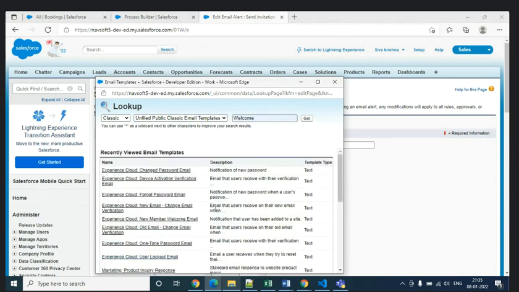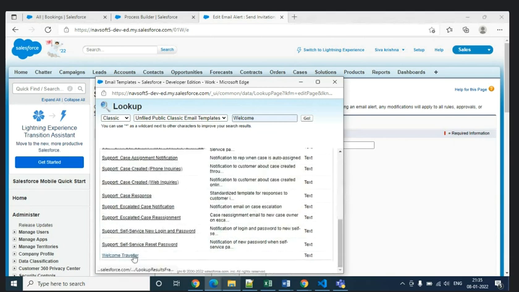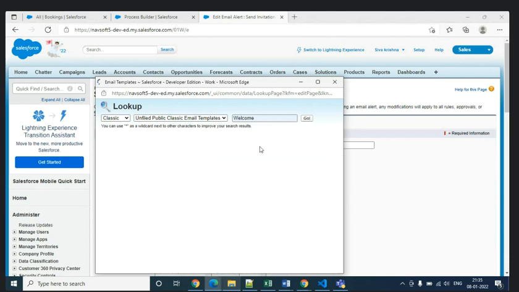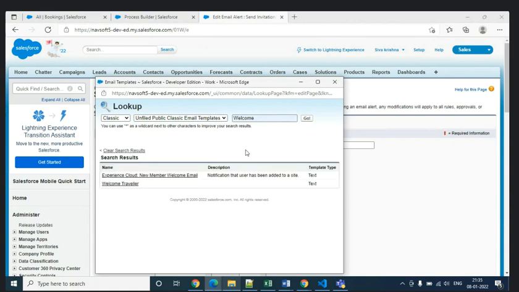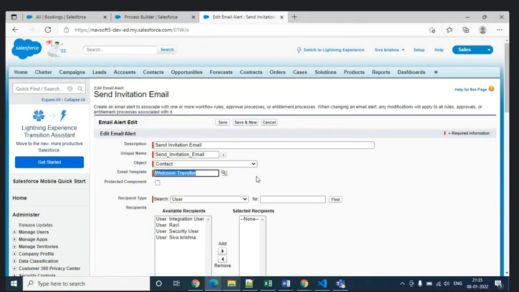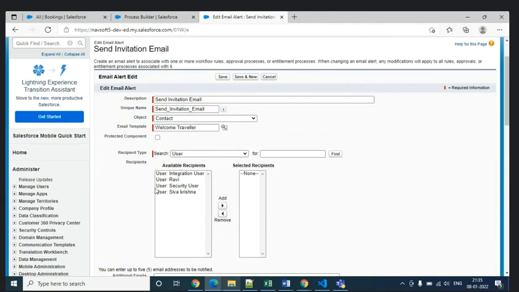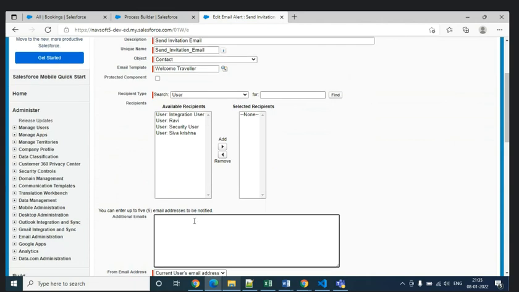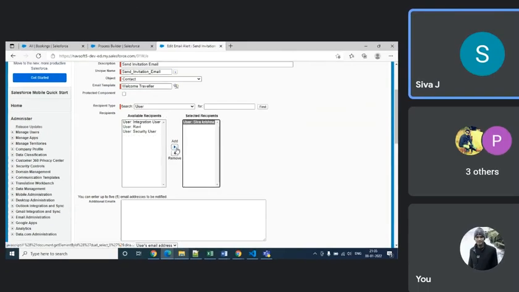Select something like this. To whom you want to send it, you can tell me. Just send an email like that. I can send it to you. Share your email ID.